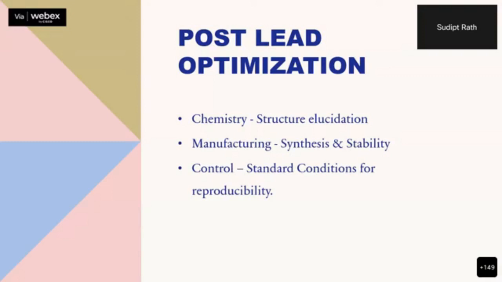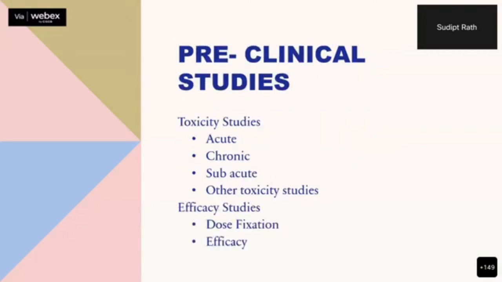Then, as I was discussing, there are control, meaning standard, conditions for reproducibility. After all these things, only then do they go for preclinical studies. In that, they commonly conduct acute toxicity studies, chronic toxicity studies, repeated dose toxicity studies, or subacute toxicity studies. And there are other toxicity studies like genotoxicity and radio contamination, all those studies. It also depends upon what medicinal substance they are trying to utilize. Then there are efficacy studies, and most importantly, in the case of a conventional drug discovery, dose fixation studies